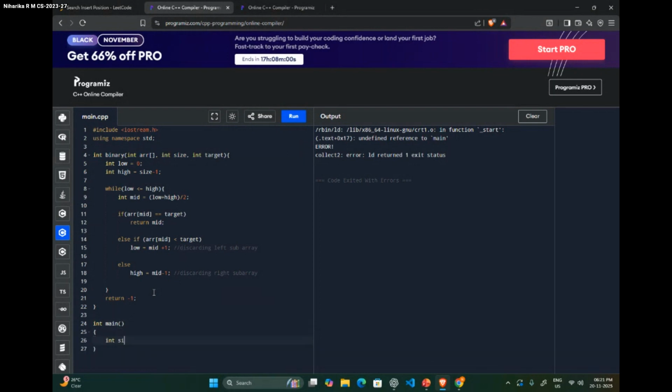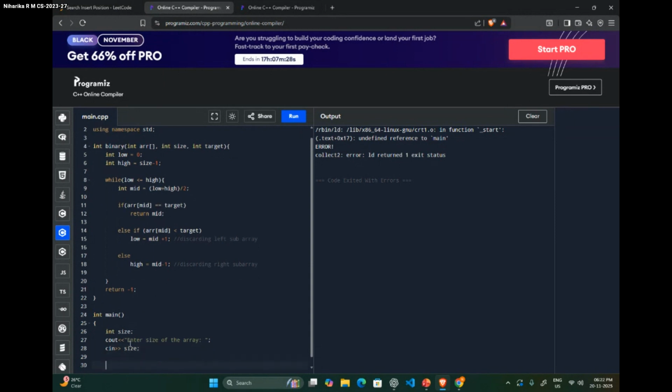We need size to find the size of the array, and then we'll enter, let's say, enter size of the array, and then let our input be size because that's the variable we've taken here.